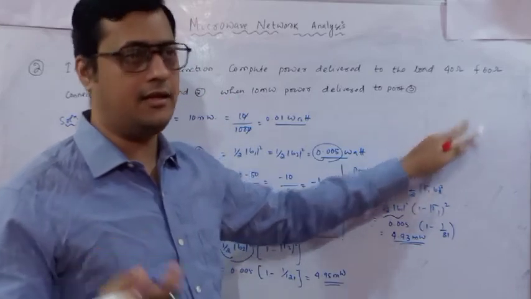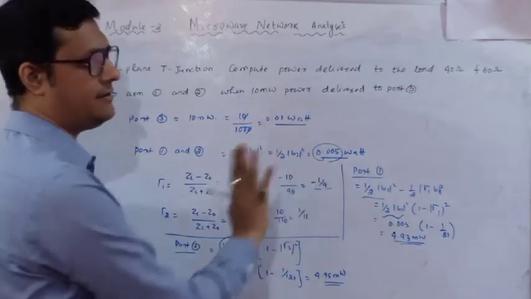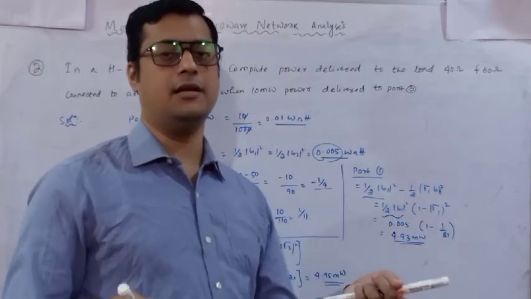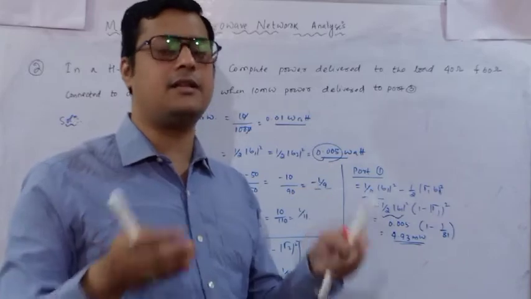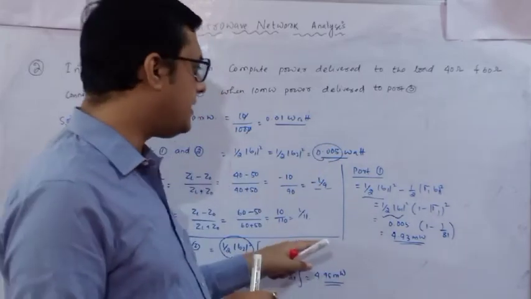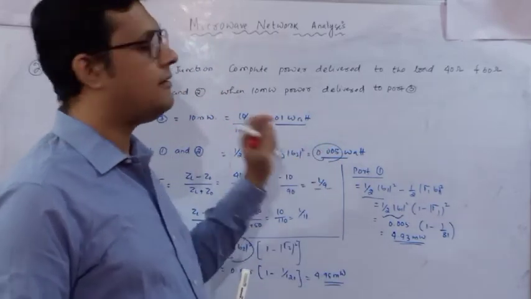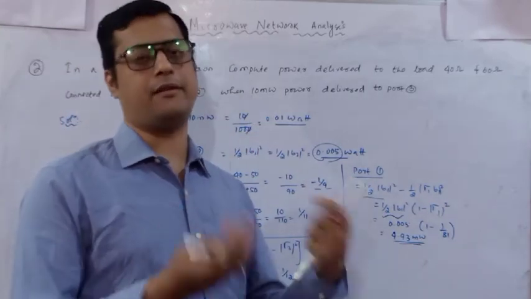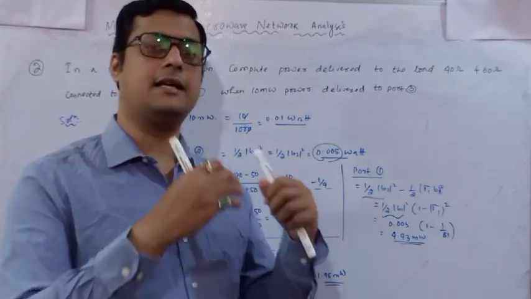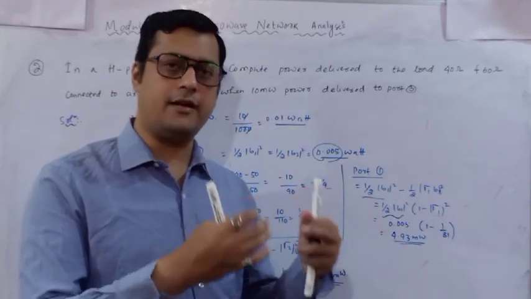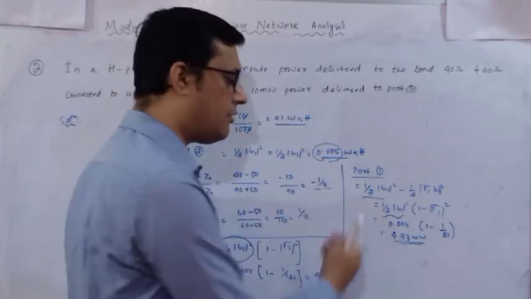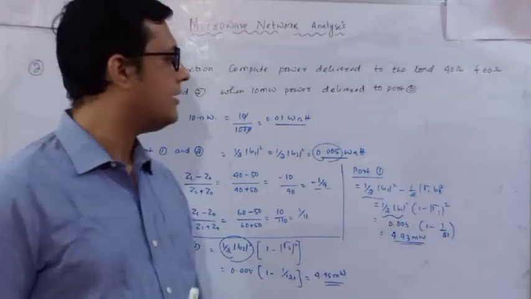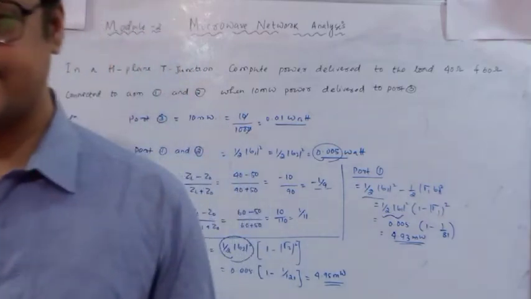If it is a match condition, up to this much is our answer, meaning half of the power is available. But since loads are present, reflection will be there, and due to which some losses will be there. We can't say that at port 1 we are going to identify 5 milliwatt, or at port 2 5 milliwatt, but due to the reflection we identify less. So one is 4.93 and one is 4.95 milliwatt. Okay, we will take one more question.